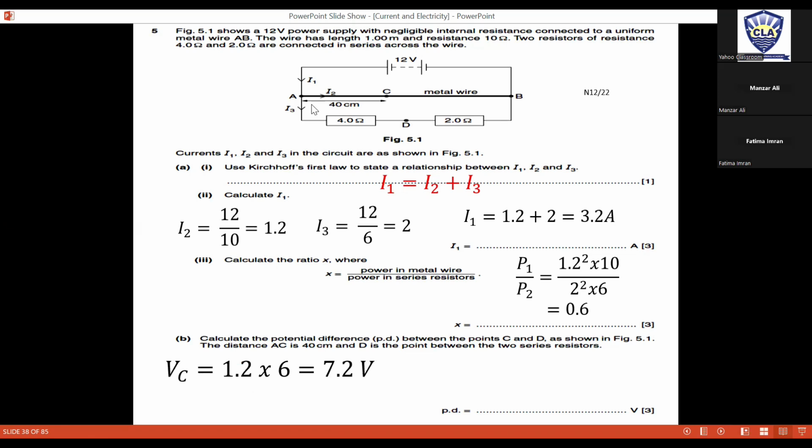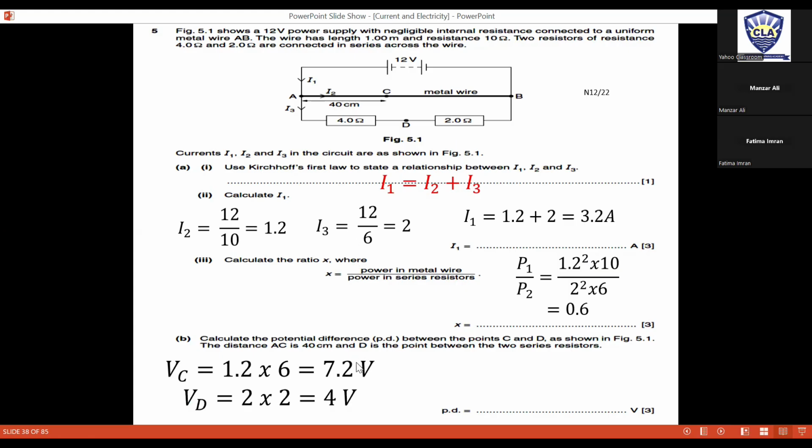इसमें करंट 1.2 था और इसकी रेजिस्टेंस 6 होगी बिकॉज 40 सेंटीमीटर मींस 4 ओम, 1 मीटर 10 ओम, इसलिए 60 सेंटीमीटर की रेजिस्टेंस 6 ओम होगी। V इज इक्वल टू I R। इसका मतलब है VC 7.2 है, और इसी तरह VD जो होगा वो 2 × 2, 4 वोल्ट होगा।